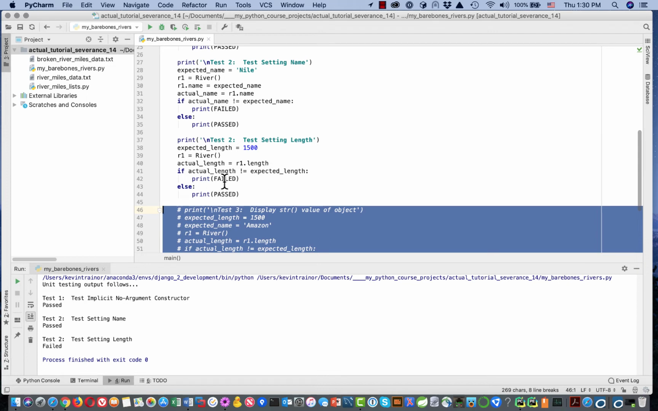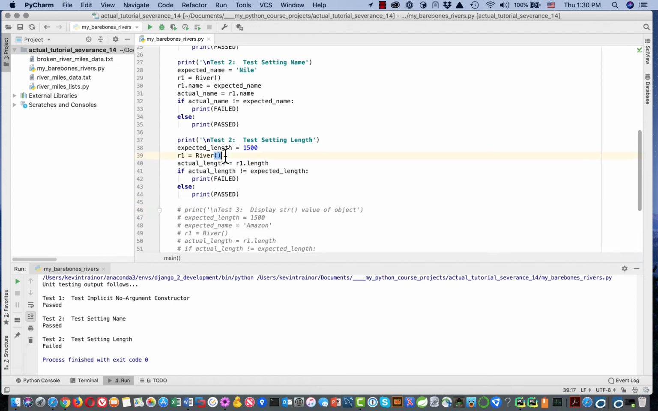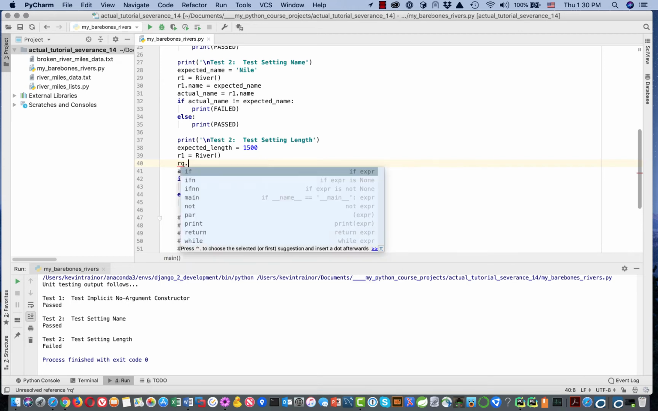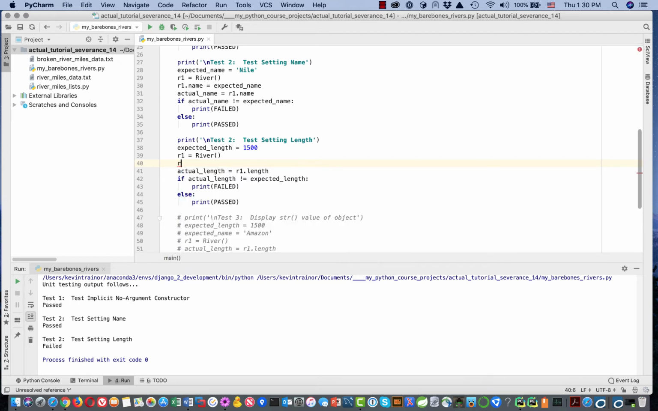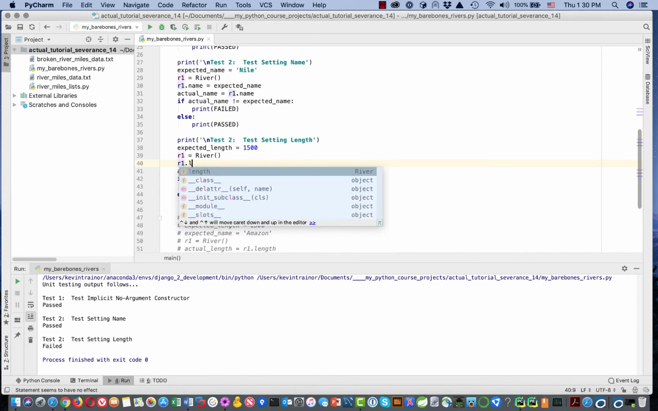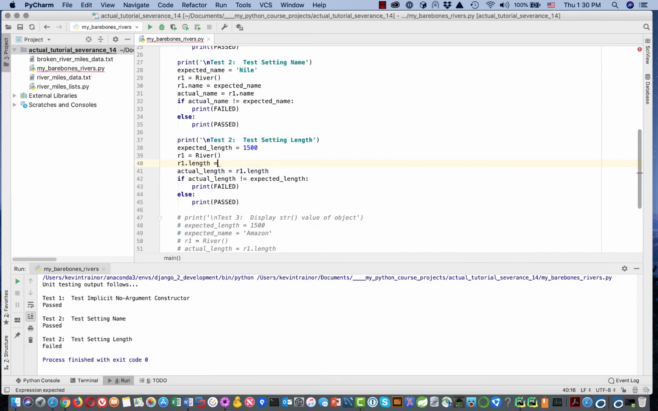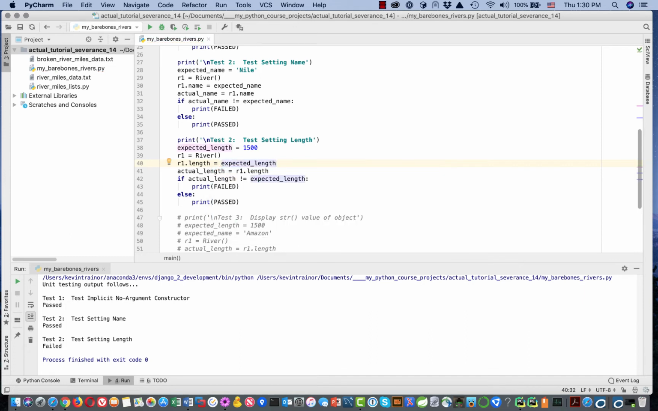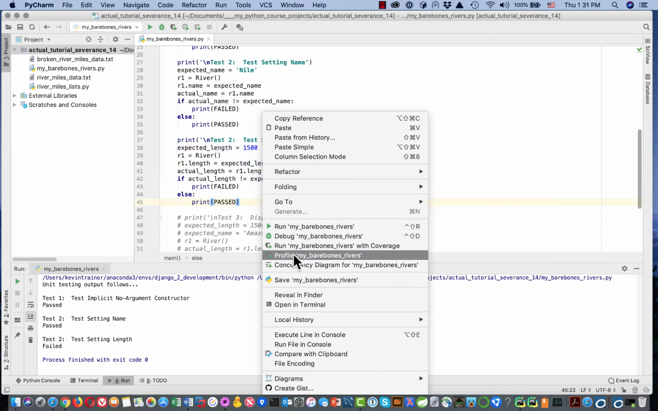Now, why wasn't the actual length equal to the expected length? Well, we never set the length. We never said r1.length, set the value to the expected length. We never said that. Now, did we? No, we didn't. All right, let's see if we can pass